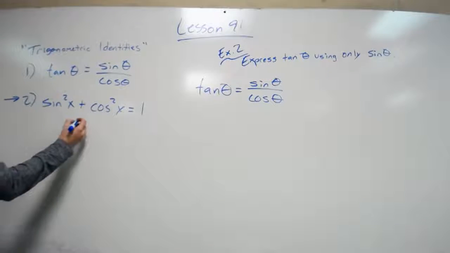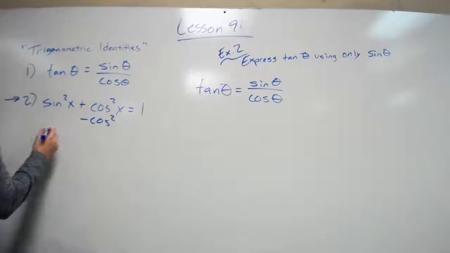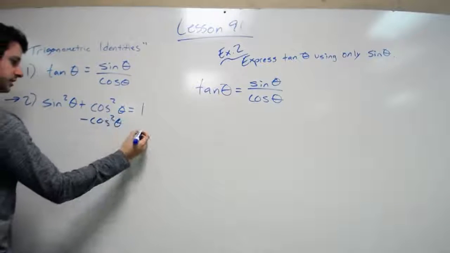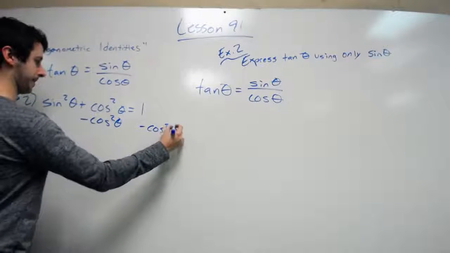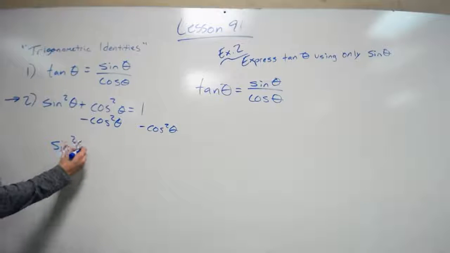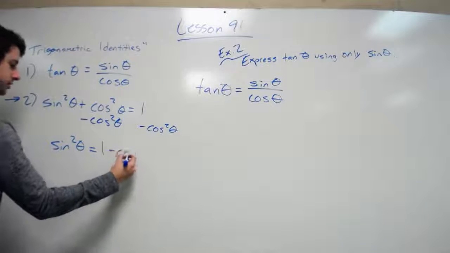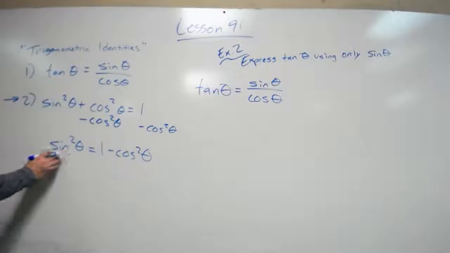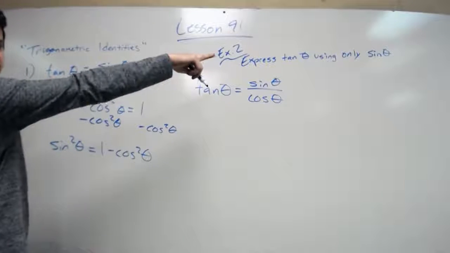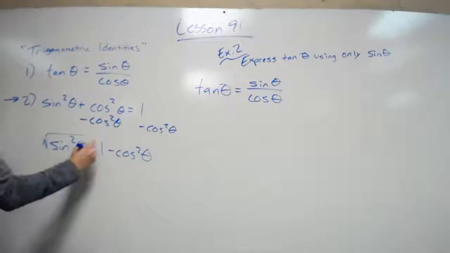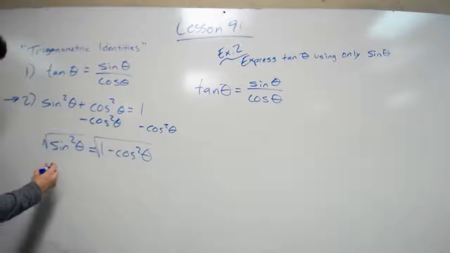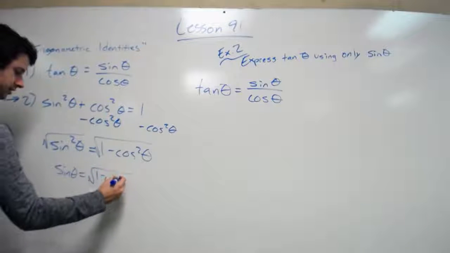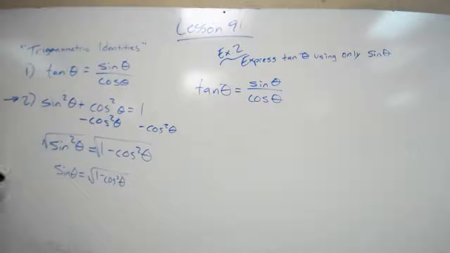Well, if I subtract cosine squared theta, what I'm going to get is sine squared theta equals 1 minus cosine squared theta. And to get sine theta by itself, I'm going to square root both sides. That leaves me with sine of theta equals square root of 1 minus cosine squared theta. So now that I know what sine of theta is,